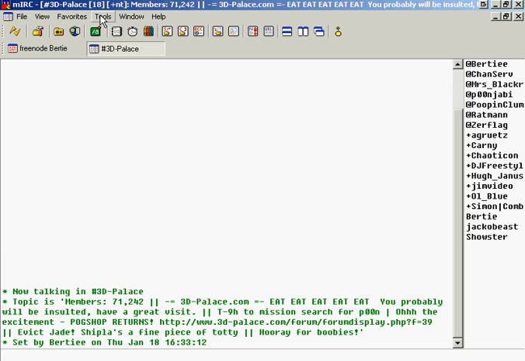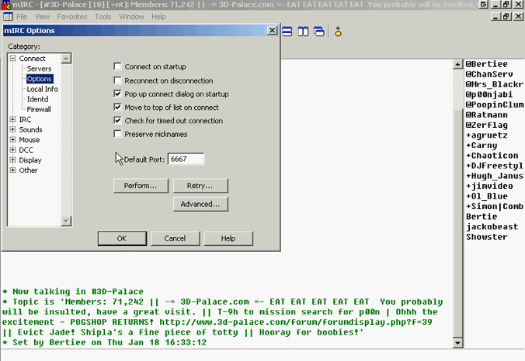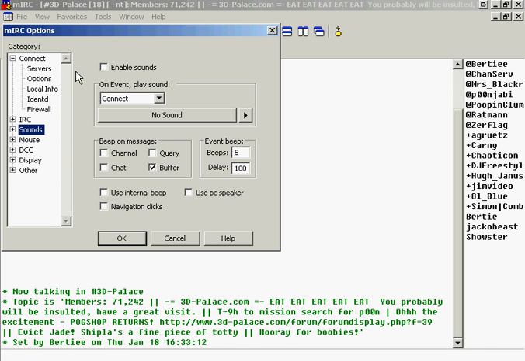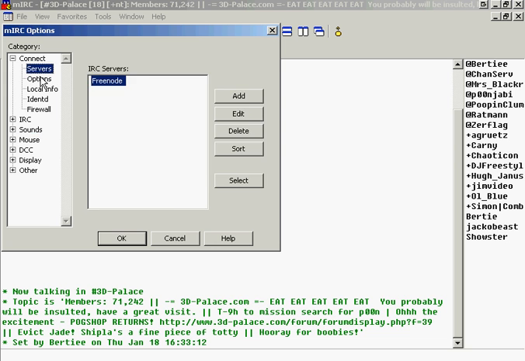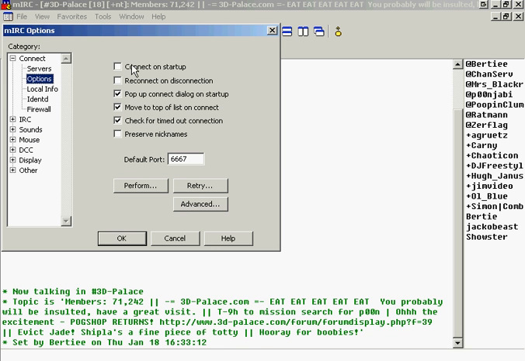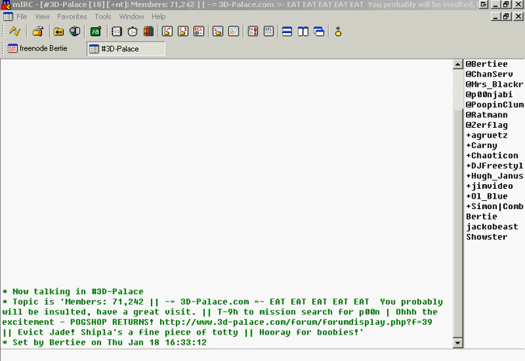Just a couple of things you can set. If you go to tools and options, firstly you can turn your sounds off here because they're really annoying. And you can also, in the options bit, go to connect on startup and reconnect on disconnect, which is just generally useful and will keep things ticking over even if you're away from your computer. Click OK. Now we'll just close that